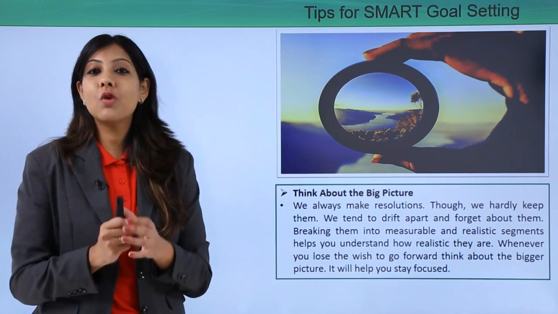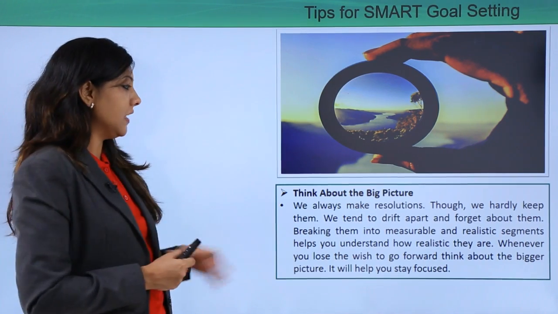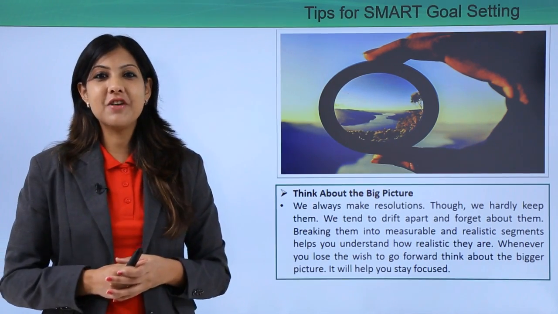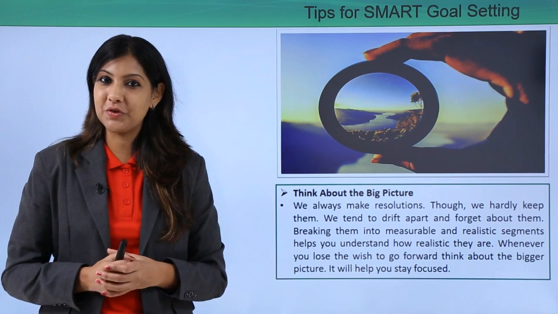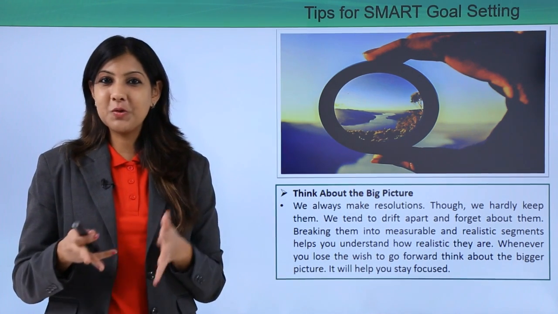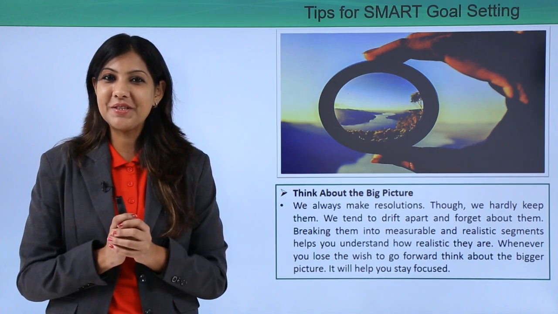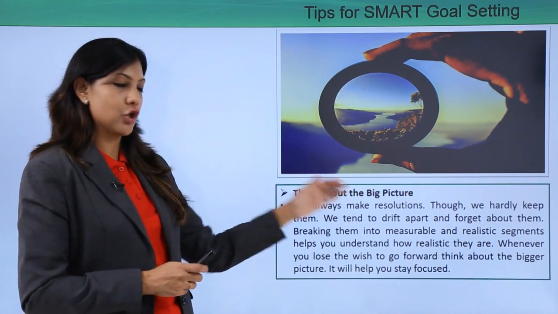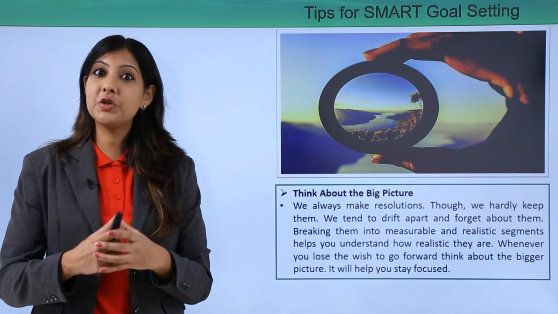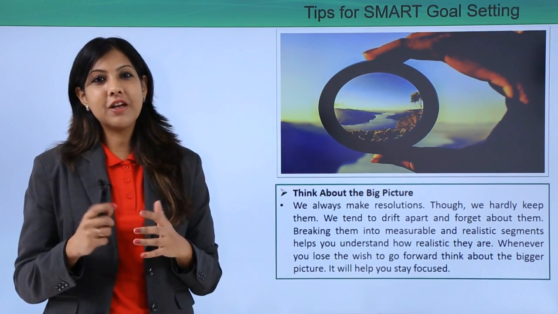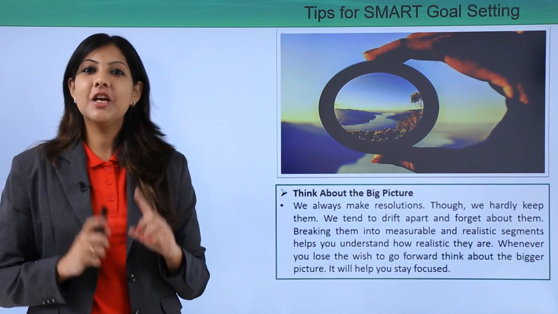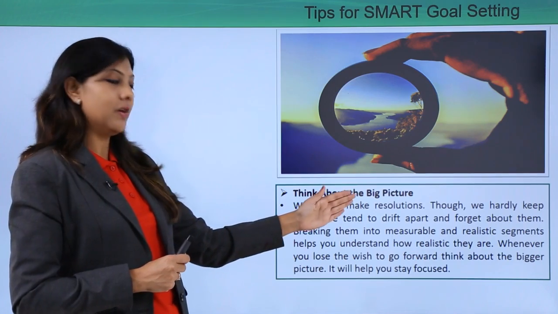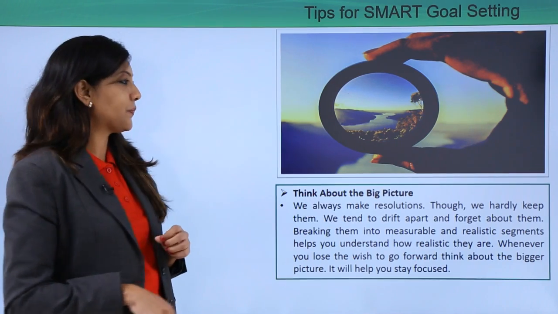Well, let's take a quick look at what are certain tips for good smart goal setting. You need to think about the big picture. How many times has it happened that New Year's comes and we are all kicked up about making our New Year resolution? Midway through the year, rather 1 or 2 months down the line, we have broken all our resolutions and we have no idea how to get back to track. Well, the idea is always think of the big picture, always think about the end goal and what you would want to achieve by making sure that you always have that at the back of your mind. You think of this is what I want to become or this is what I want to achieve. So always think of the bigger picture. It will help you to stay focused.